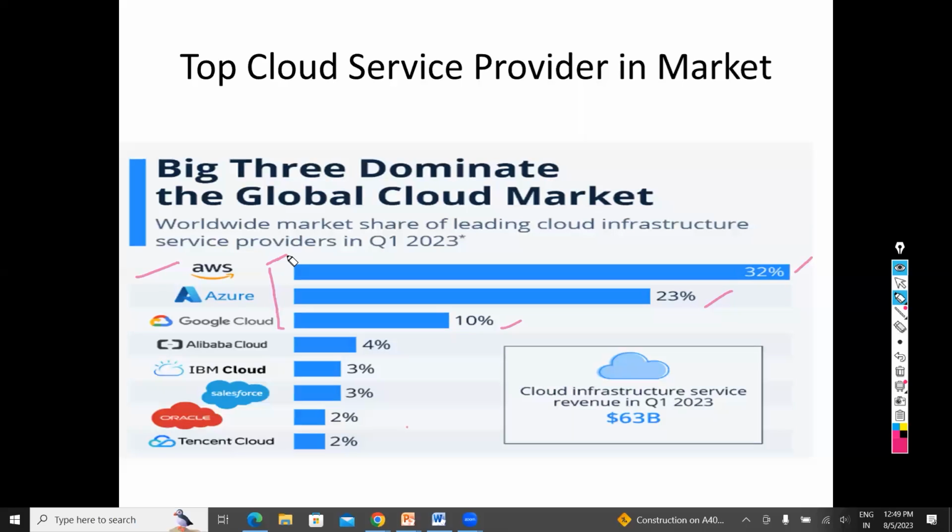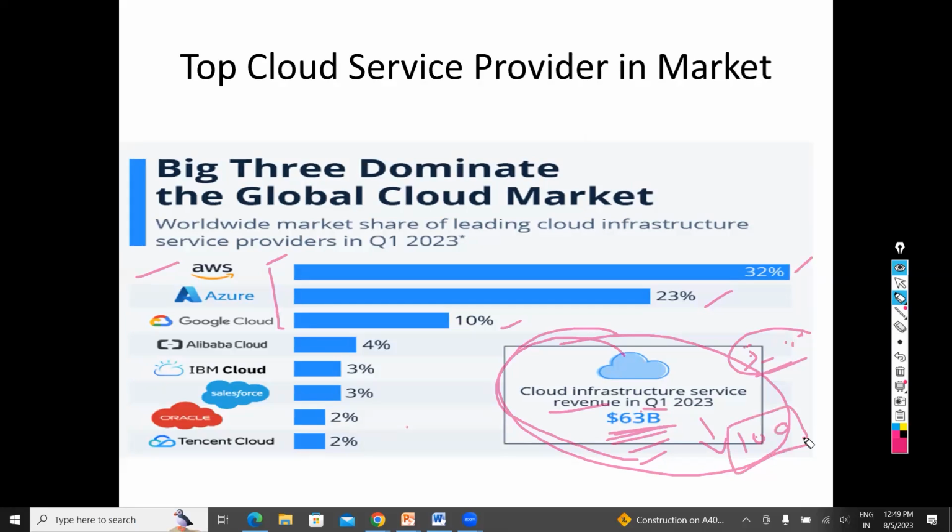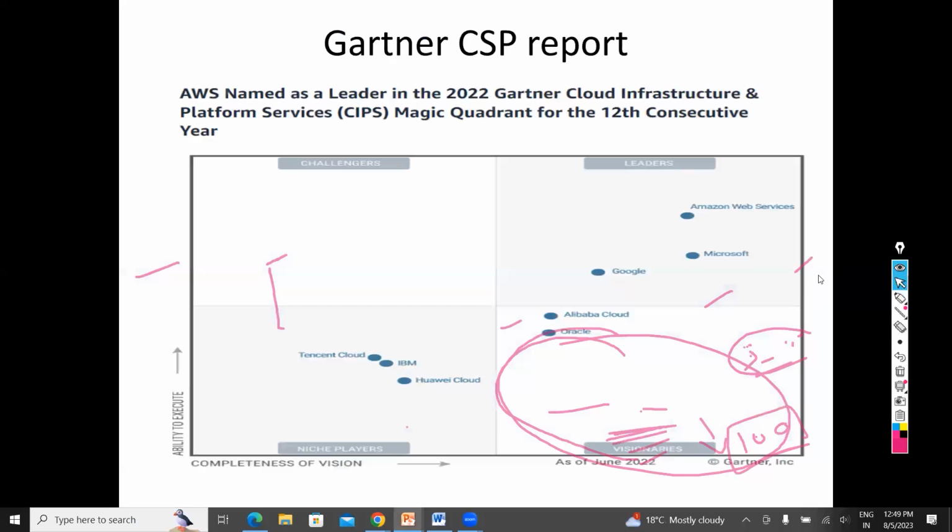And this is the important part. You have to notice that HCL, Wipro, IBM, TCS have their own revenue, like 5 billion to 10 billion, 11 billion, 12 billion for one year. But here you see that in a single quarter, the cloud organizations' revenue is 63 billion. So you can understand how much business revenue they are getting in one year just from cloud services. So these are the three top cloud